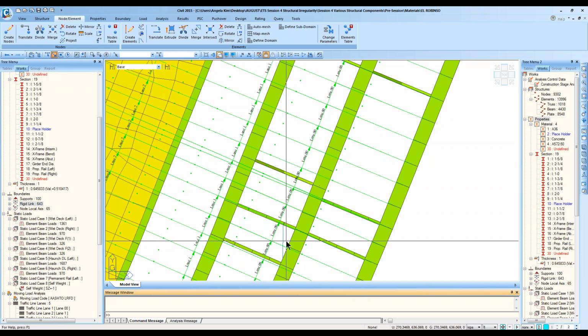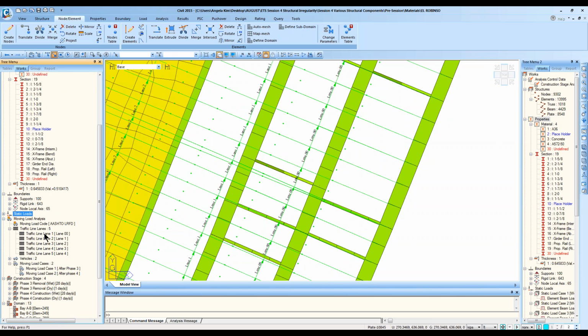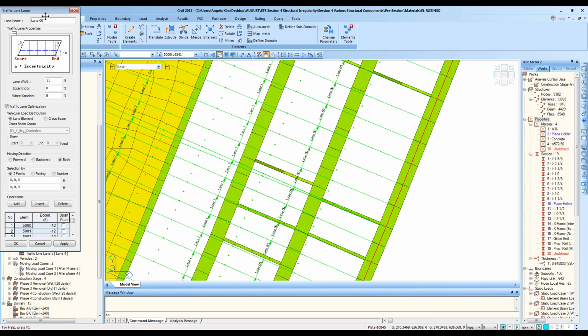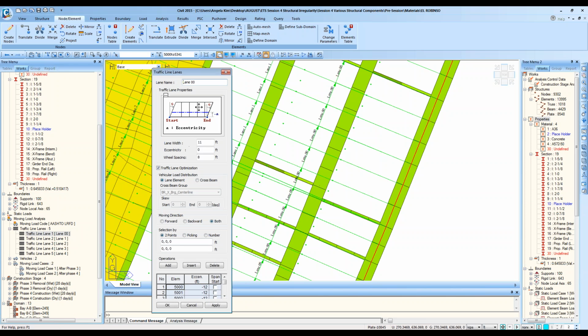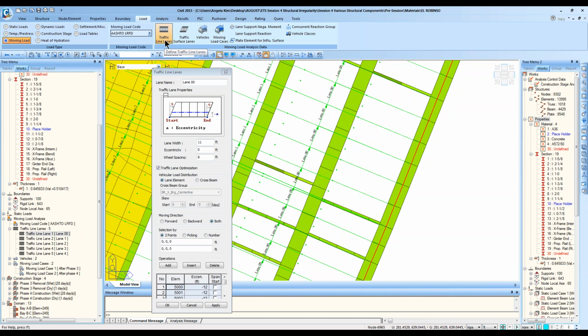But right now, I actually assume the lanes are running parallel to the girder and simplified it. And this lane, in this example, it says the maximum lane width can be 11 feet. But it can be flexible, it could be reduced, or the vehicle location may vary within the lane. Then when you define the moving load lane, right over here also,